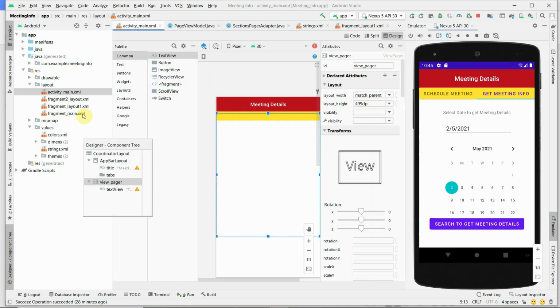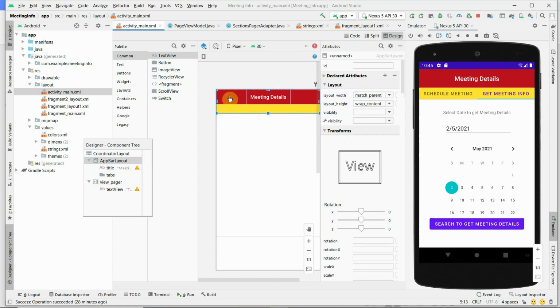It displays this layout, and it displays the app name in the leftmost corner. You can just drag and drop, and adjust that app name to the center, as well as change the app name.